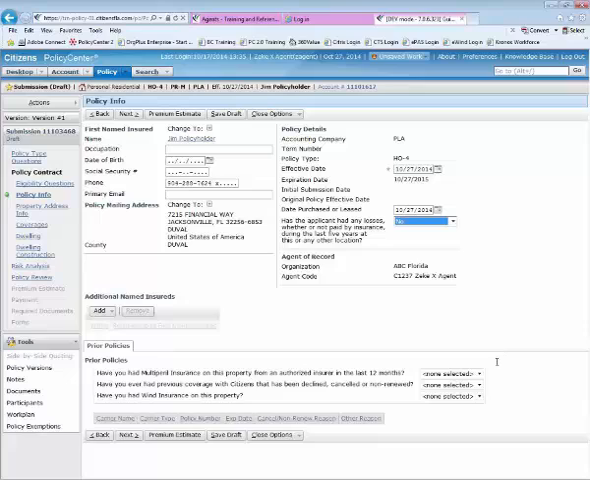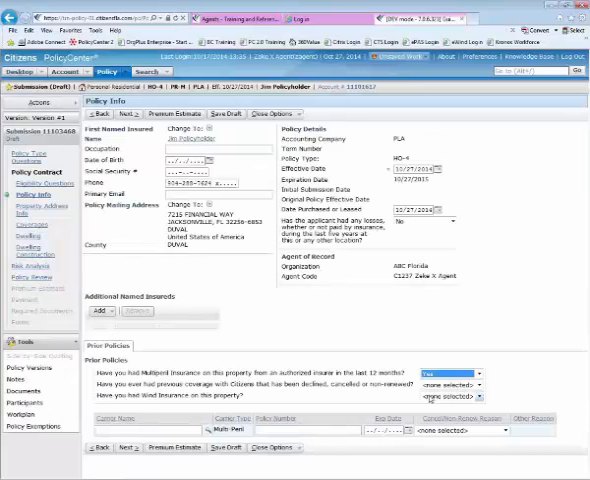We also have to answer now on prior policy information. Have you had multi-peril insurance within the last 12 months? Well, if I select yes there, then it gives us the opportunity to add that carrier information to get to